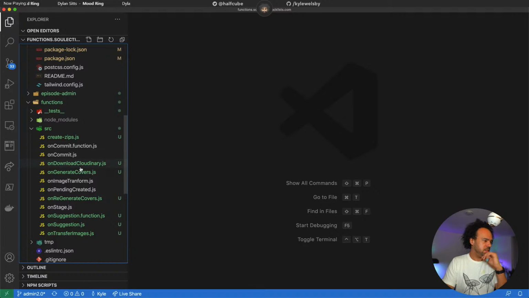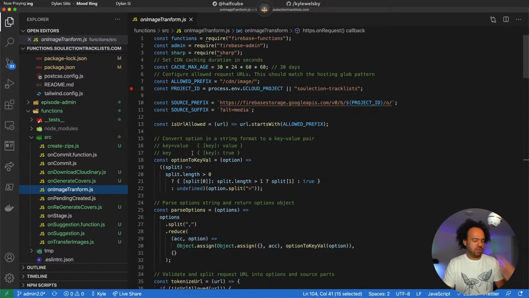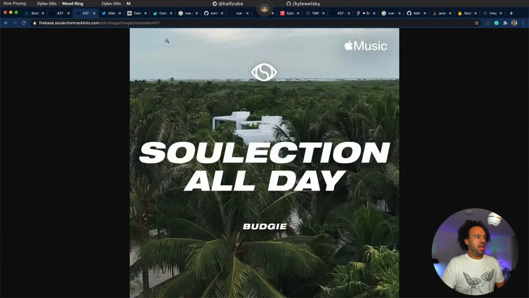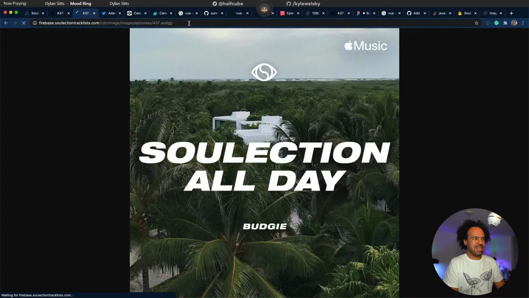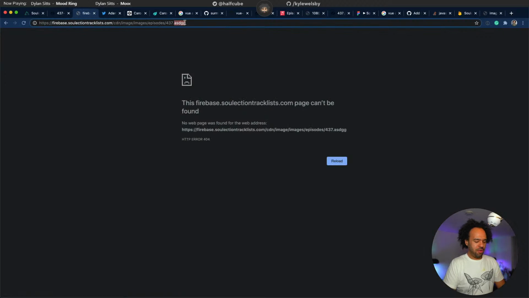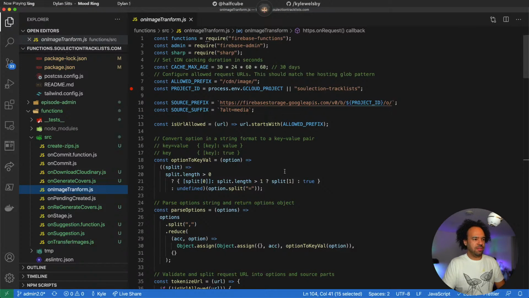And it's transfer, no, image transformation. And what we do, because this is the code which we'll go through, and you can see images, and it will try and find that image, and it doesn't care about anything after this, I think, or WebP. It'll find the right source. So it's just found the right item.